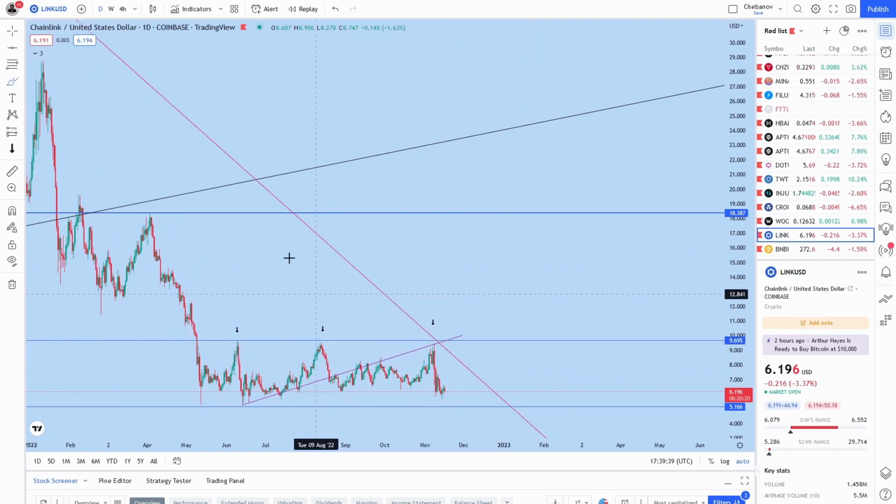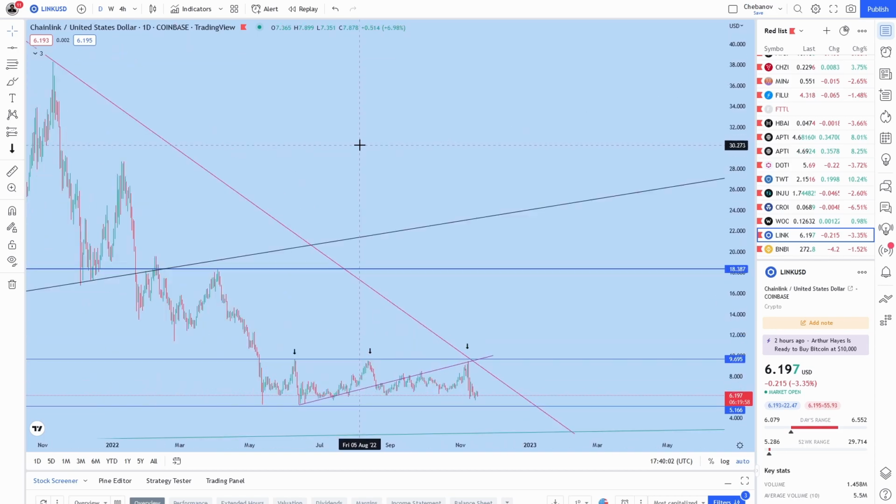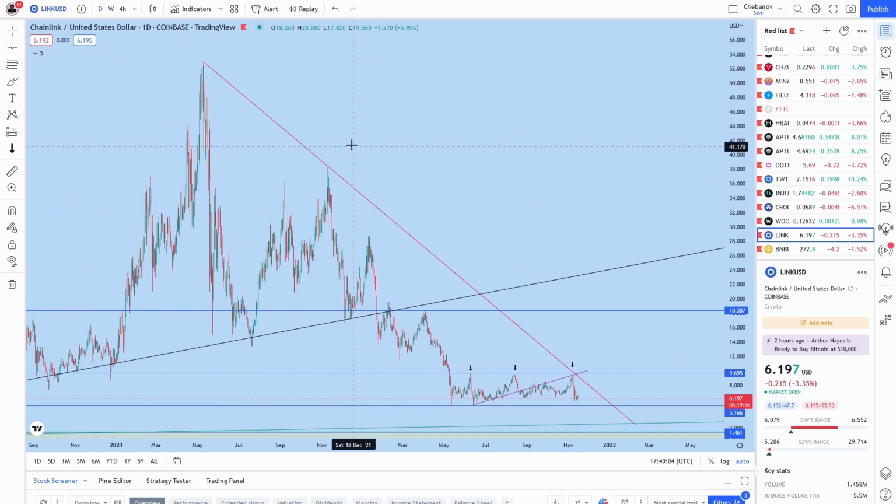Definitely I even was looking to take a short here, but I didn't want to risk it and hold it. So when I am asleep, I don't trade usually. At least I don't open the positions. So definitely I missed this move. Was very readable and very clear here. But no matter what,